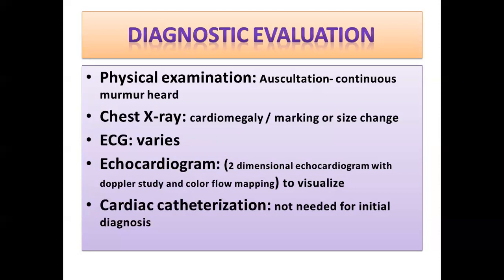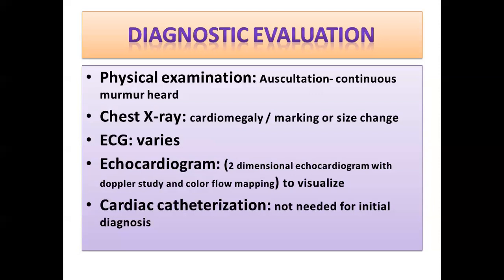The next is cardiac catheterization. This is not only for diagnostic purposes; we can use it for the dual purpose of diagnosis as well as treatment, where surgical treatment is not necessary. With the help of cardiac catheterization, we can place a device, an occlusion device or coil, to solve the problem. So these are some of the common factors we can write for all congenital heart defects.